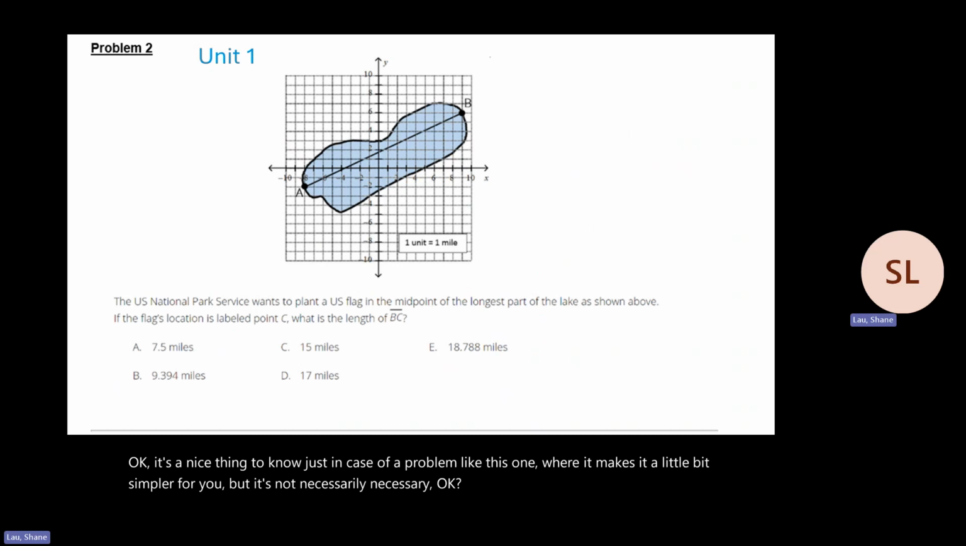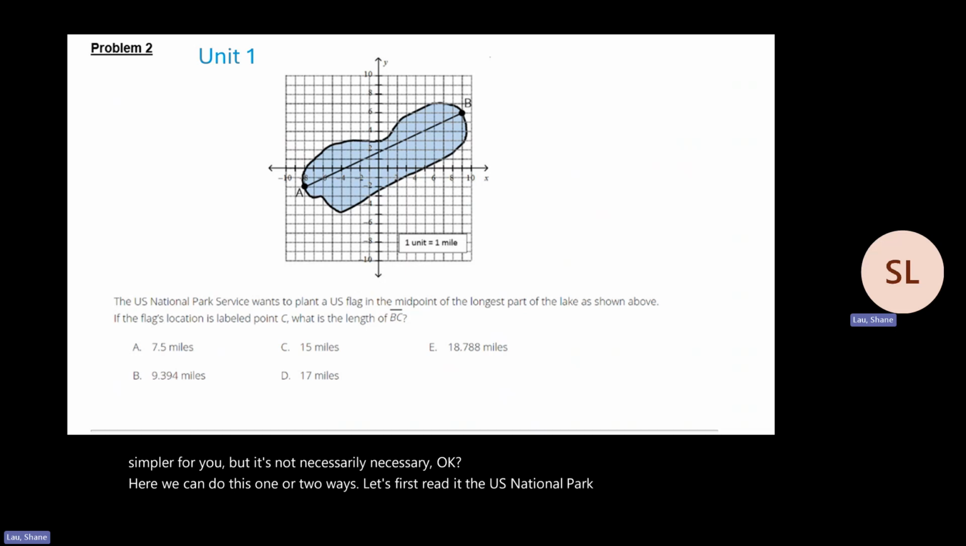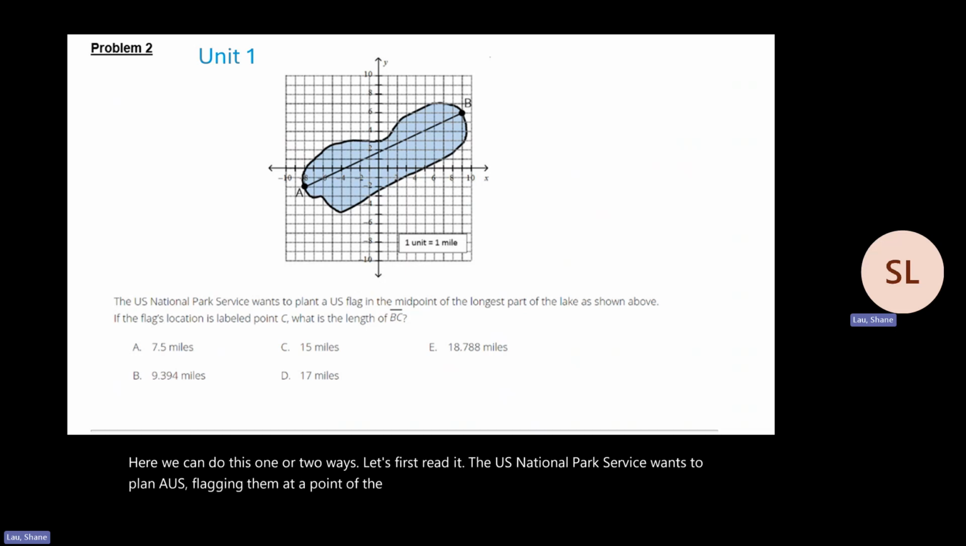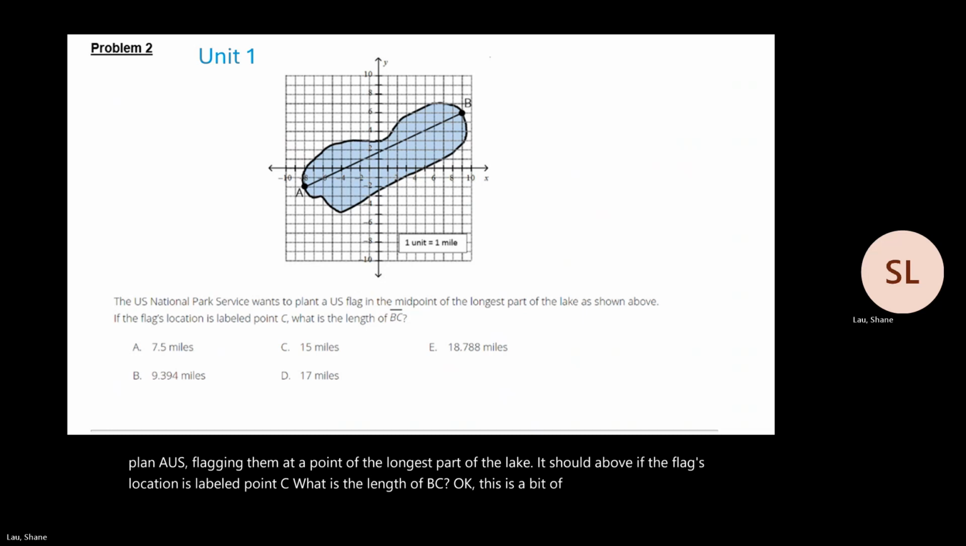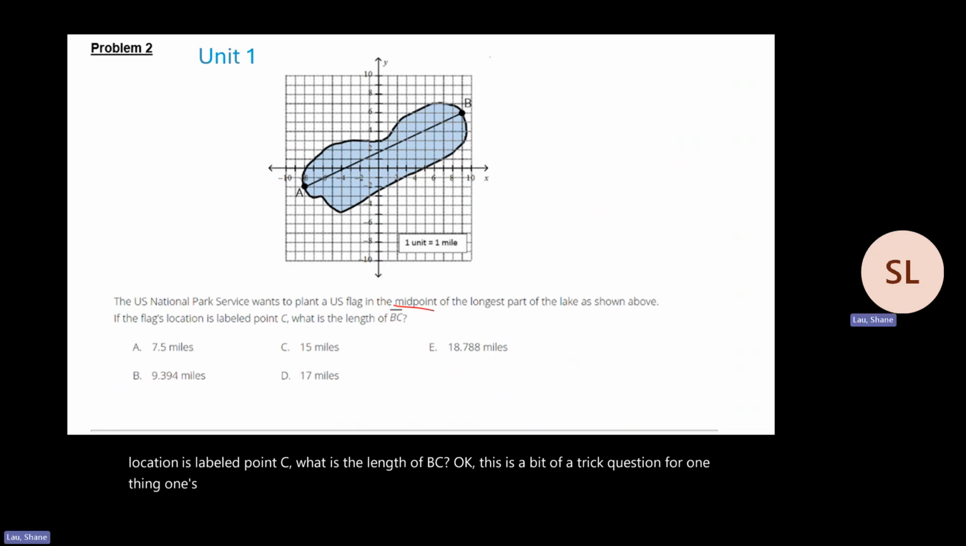Here, we can do this one of two ways. Okay, let's first read it. The U.S. National Park Service wants to plant a U.S. flag in the midpoint at the longest part of the lake as shown above. If the flag's location is labeled point C, what is the length of BC? Okay, this is a bit of a trick question. For one thing, what's midpoint? So the first route,